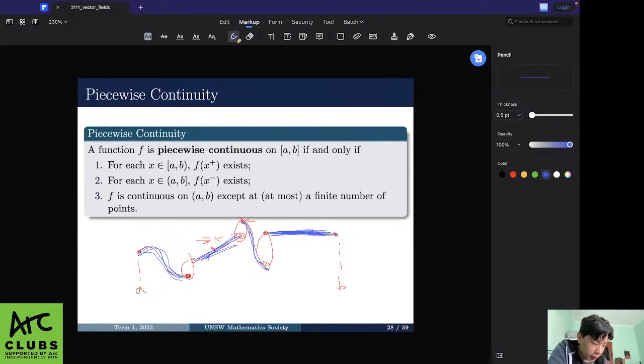We have a piece right here. If you look at it by itself, it's also continuous. This piece is also continuous, and this piece is continuous. We have 4 continuous pieces. That's a finite amount, and so that's what it means to be piecewise continuous. Although you don't need to know too much about it,